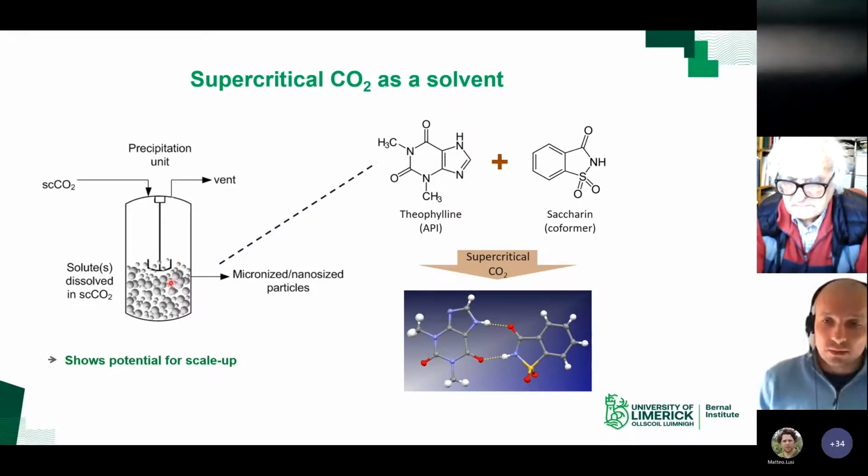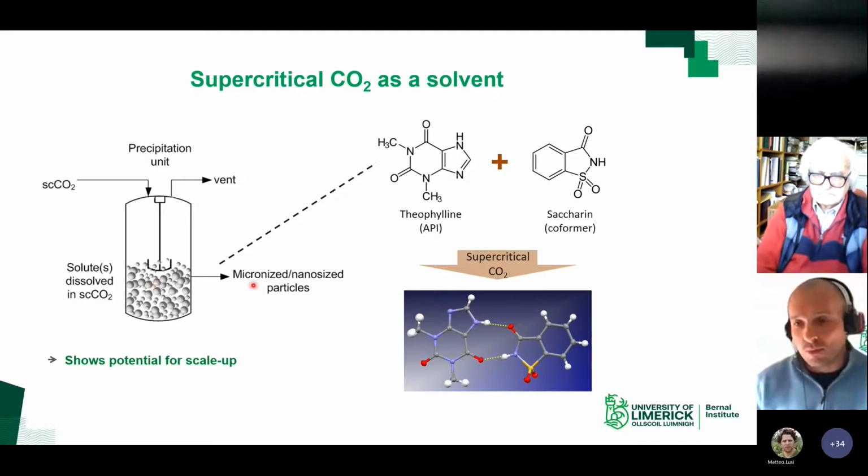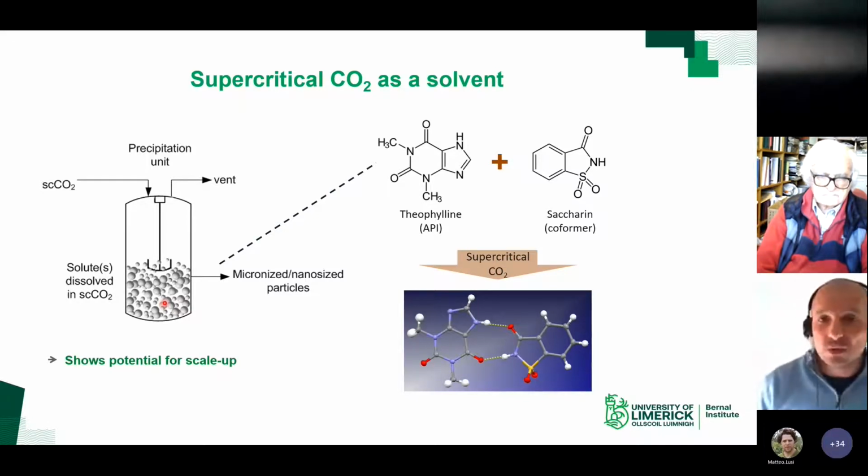We are doing this at different scales, but all at lab scale. So we were filling up the vessel with powder of the API and the coformer. Both powders were there. CO2 was coming in inside. We were pressurizing the CO2 up to 100 or 200 bar, but the powder was still there, so the powder was not dissolved. Maybe a small amount of the API and coformer were being dissolved, but most of the powder was there. So we were creating a slurry of the powder of these two compounds in CO2, and then stirring